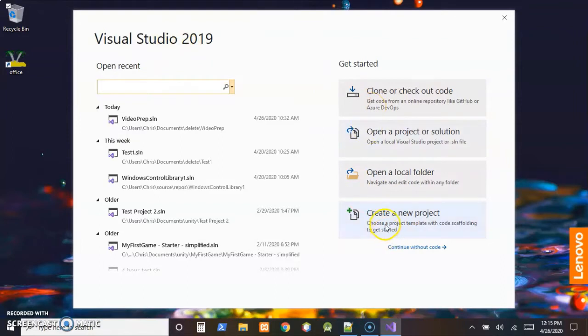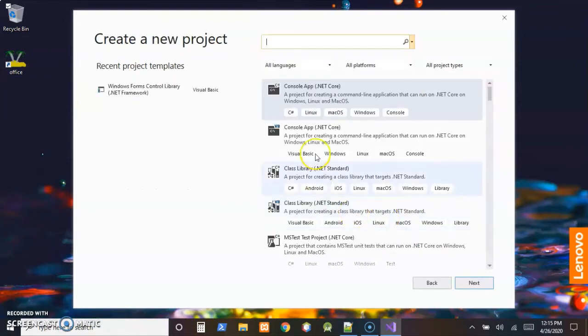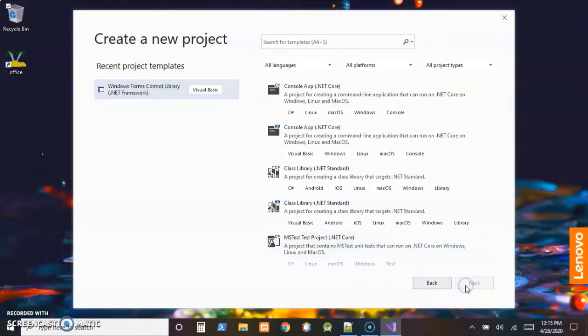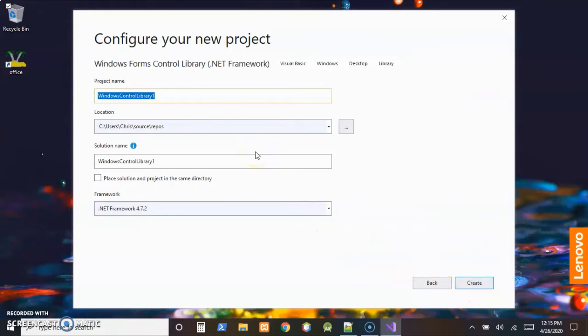So when we start Visual Studio up, we're going to create a new project. When we scroll through here, as in the previous video, you should have a recent template showing, if you opened the right one last time, over here. Something that says Windows Forms with Visual Basic. So if we go ahead and create one of those, I'm going to call this Gradebook Example,